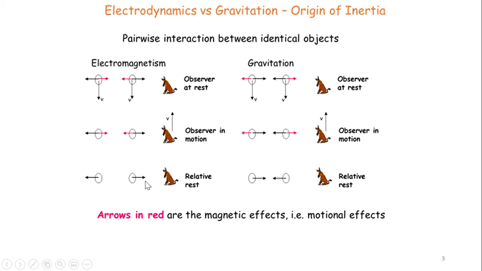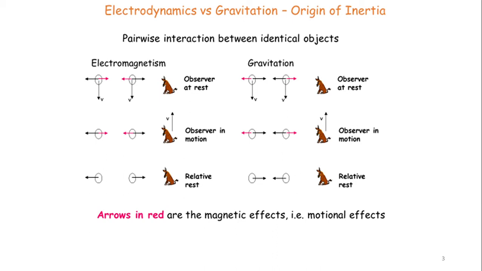We have opposite direction of the forces in the two cases. So magnetism appears due to uniform motion of the objects. Now we have also a case of accelerated motion, and then we approach the